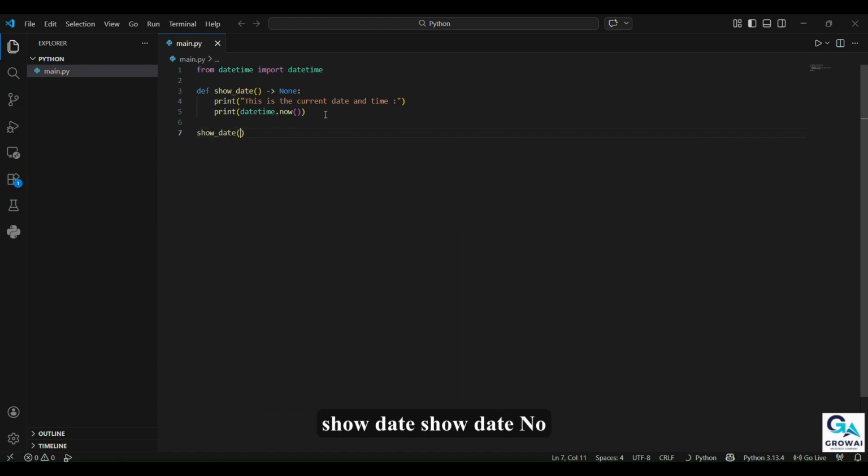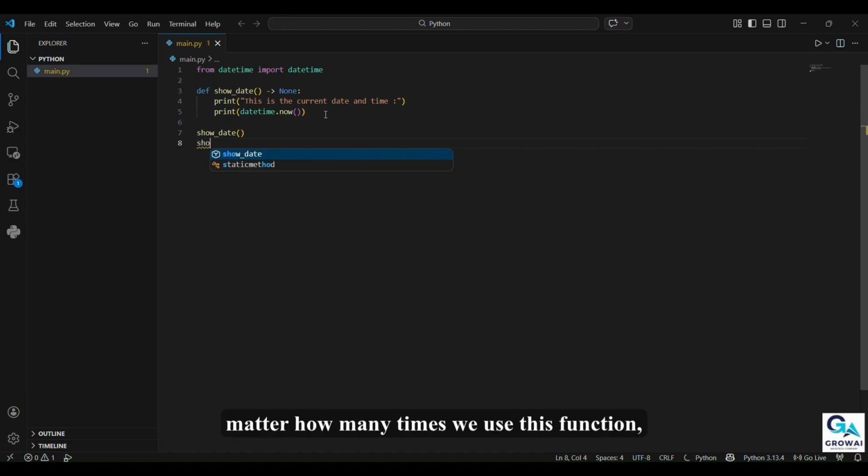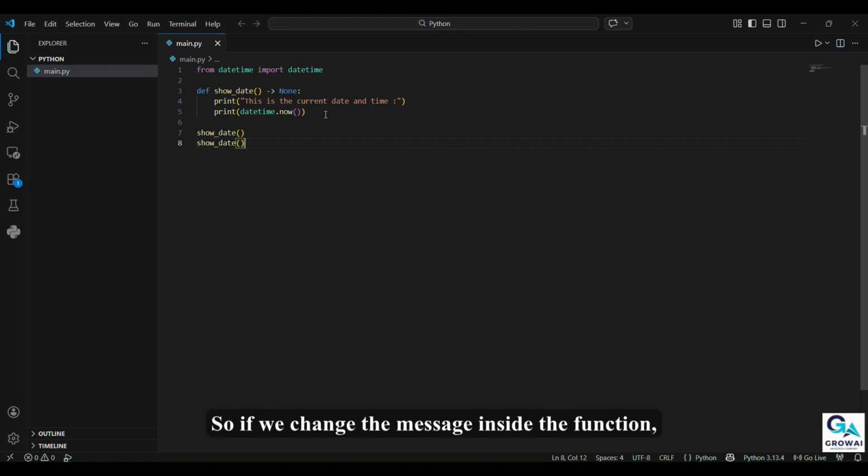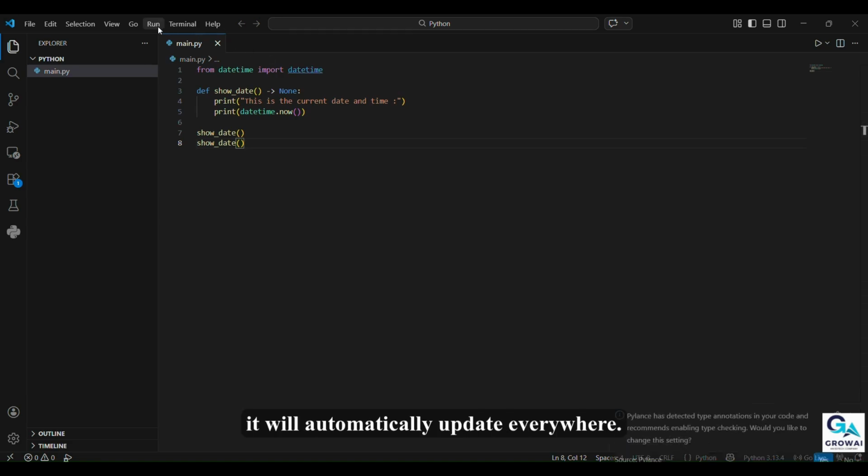this: show_date(). No matter how many times we use this function, it always comes from the same source. So if we change the message inside the function, it will automatically